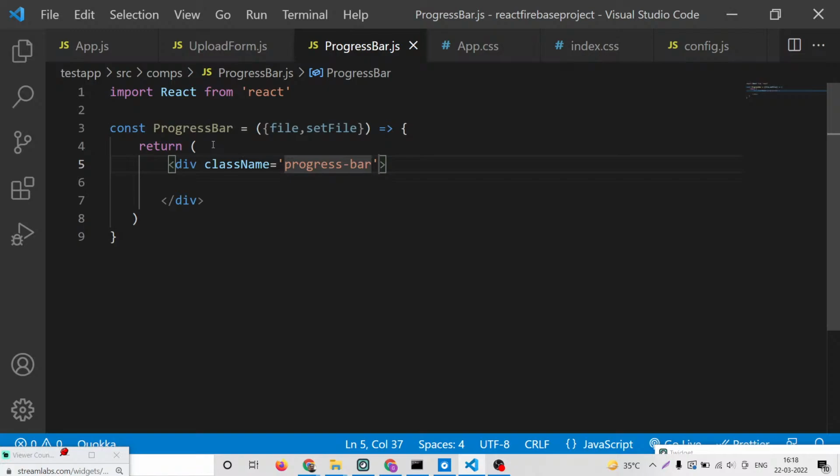So this will have a class of progress bar. That's it. And we will give it a style parameter to it. So style will be equal to,